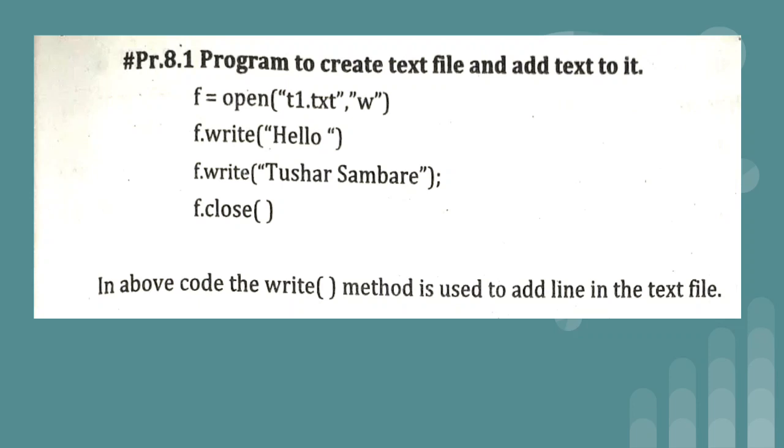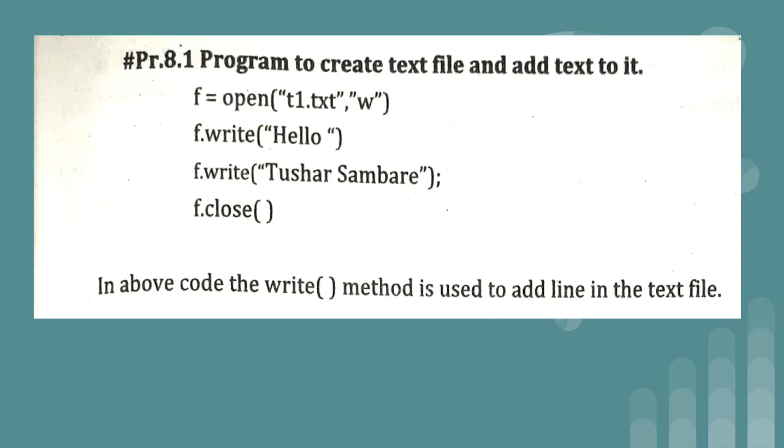So now in this program, our file name is f. Then I also want to add one more line into my file, that is Tushar Sambre. This is the name of a person. This is actually the name of our textbook author, SET publication. The Python programming book's author name is Tushar Sambre. So f.write in round brackets, the name of the author, that is Tushar Sambre, is given.